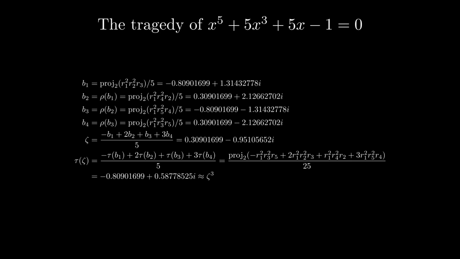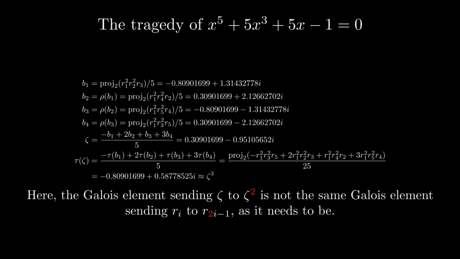That's bad because s being fixed under tau is dependent on the fact that tau of zeta equals zeta squared. That is, there needs to be a compatibility for how tau moves roots around and how tau acts on zeta, and here there just isn't. And so if we actually compute the roots, we get these here. The fact that we needed the root 5 inside the 5th root has the same reason as the fact that